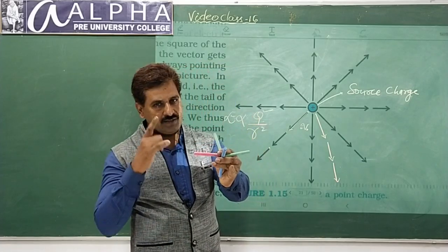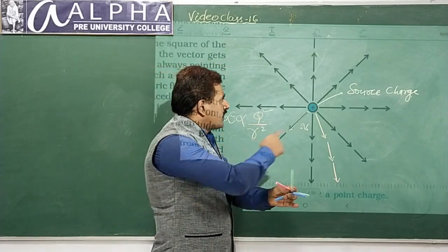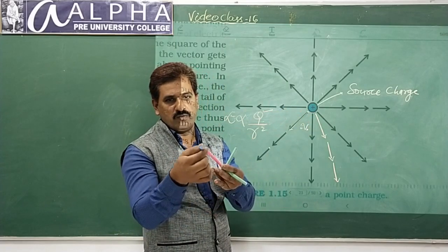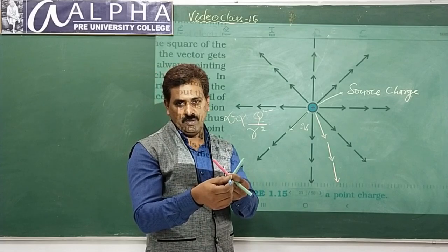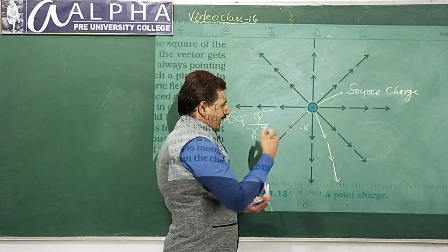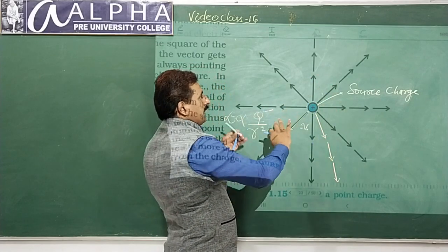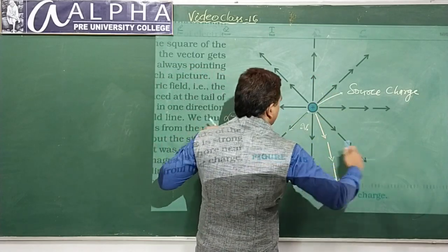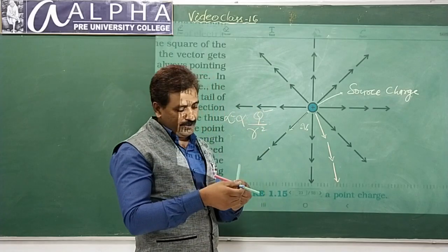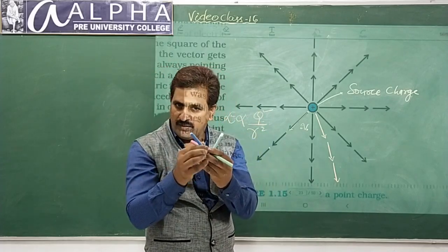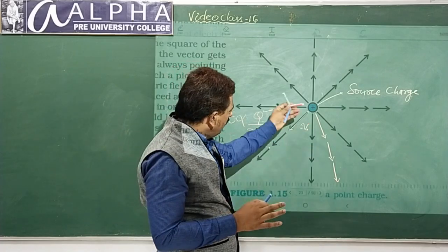But if you write that only on a sheet or board, it will be like this. One line like this one. This cannot be shown clearly. Here I can show you, but it cannot be shown in the diagram here. So don't think it's only planar. Planar means only a plane, length and breadth. No, it will be like this in all directions, right? In all directions, the electric field lines will be around a point charge.